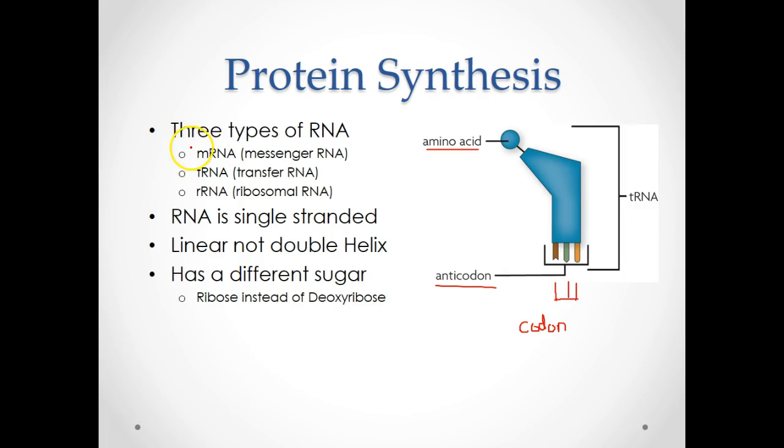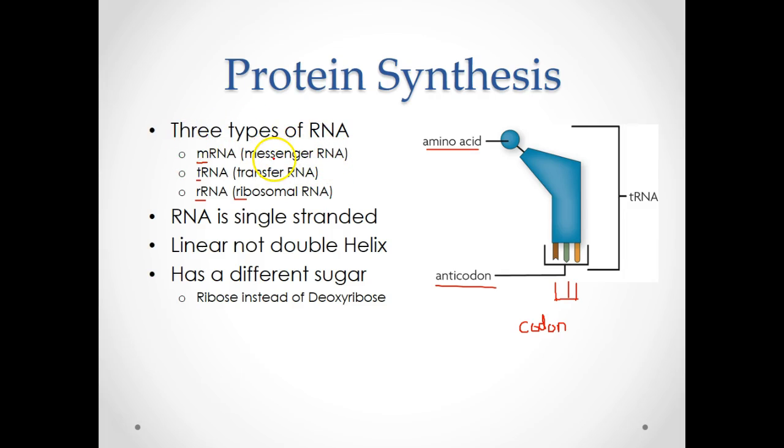But there are 3 types of RNA. You have mRNA, tRNA, rRNA. rRNA is the biggest component of the ribosome. Okay, it's called ribosomal RNA. tRNA, just like this molecule, is going to transfer amino acids from the cytoplasm to our ribosome in order to produce a protein. And mRNA, messenger RNA, is the actual recipe, so to speak,